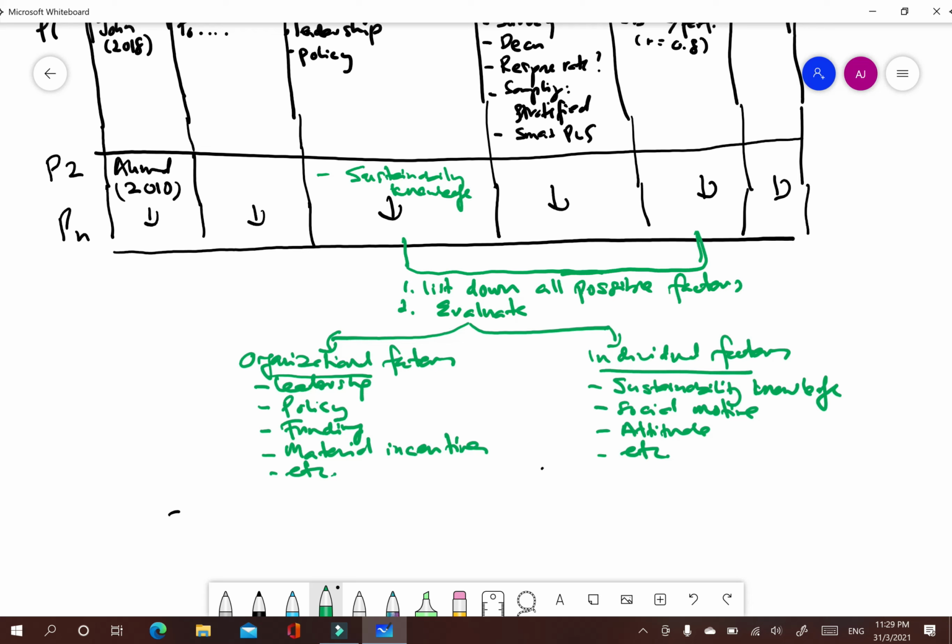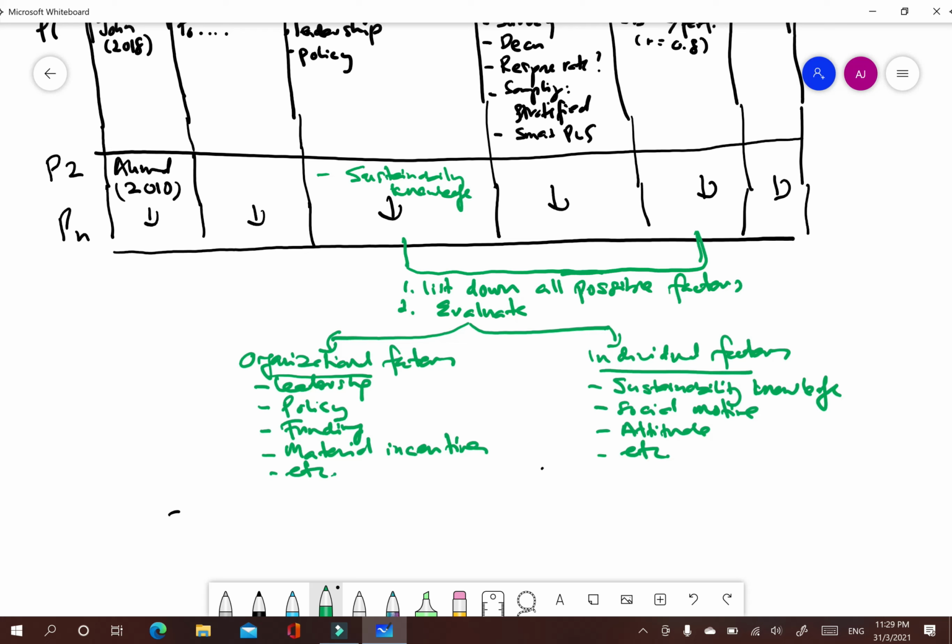For example, you want to focus on individual factors that influence why the staff or the campus resident involved or not involved in sustainability program.